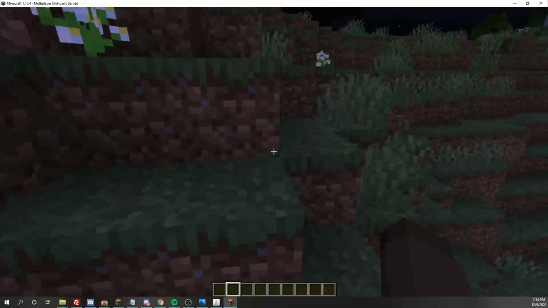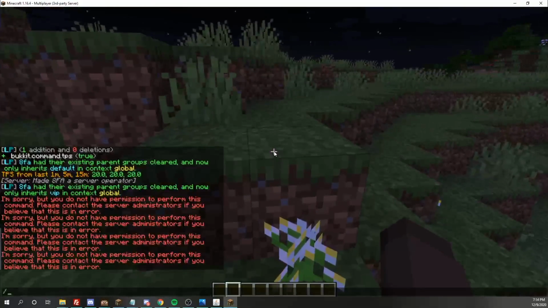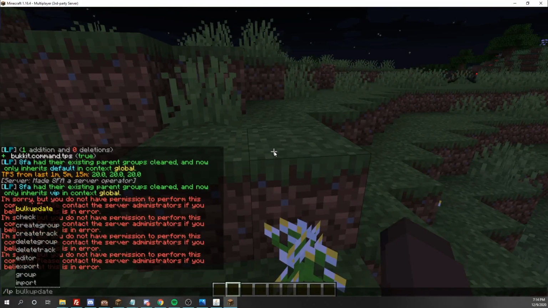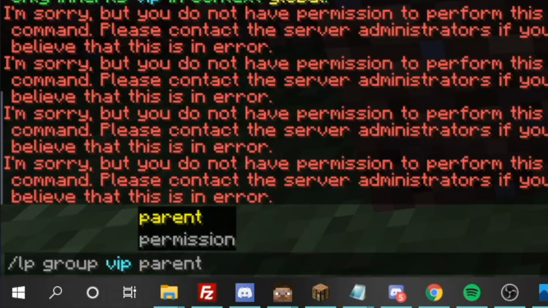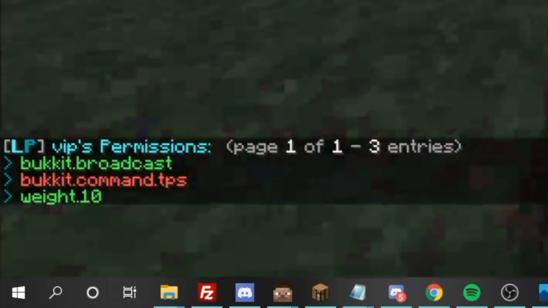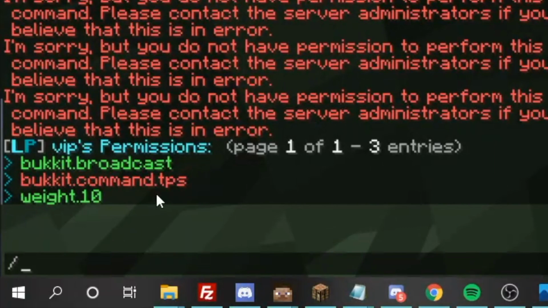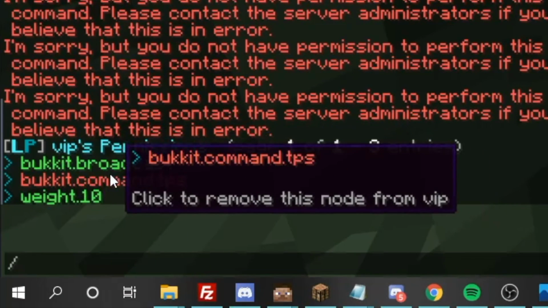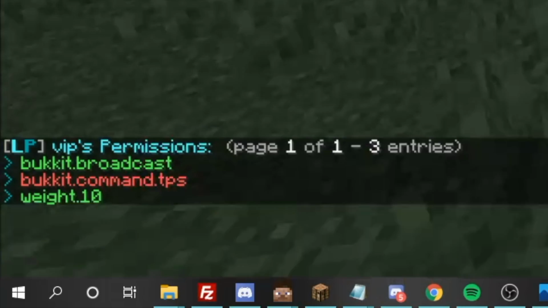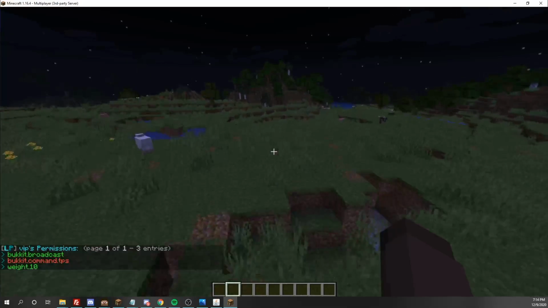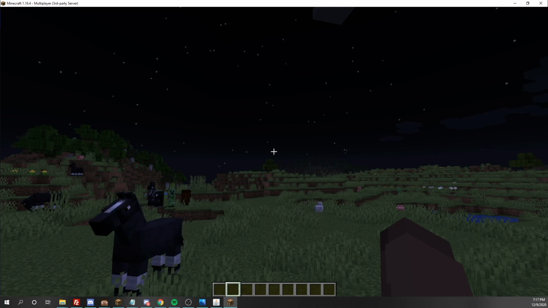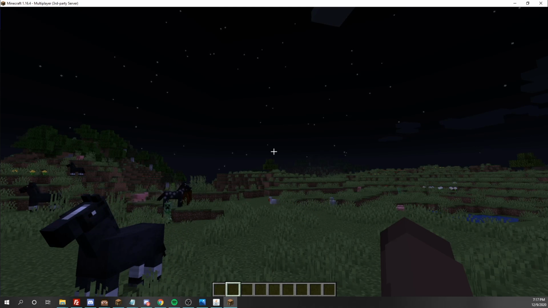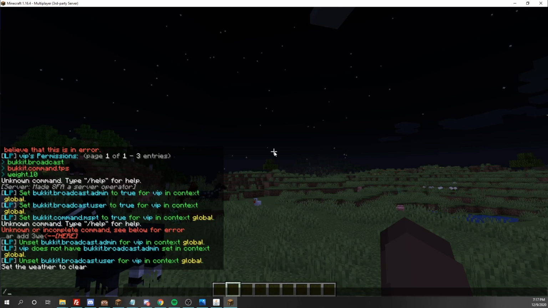We took the permission away, and we can view that with LP group VIP permission info. So the red ones mean it's denied, and the green ones mean it's active. But you don't have to just use the web editor. There's also in-game commands. So you can see LP